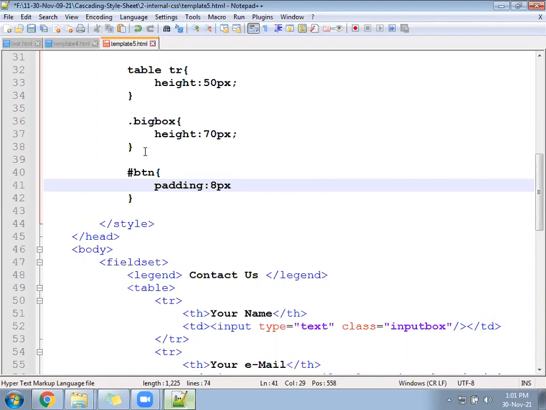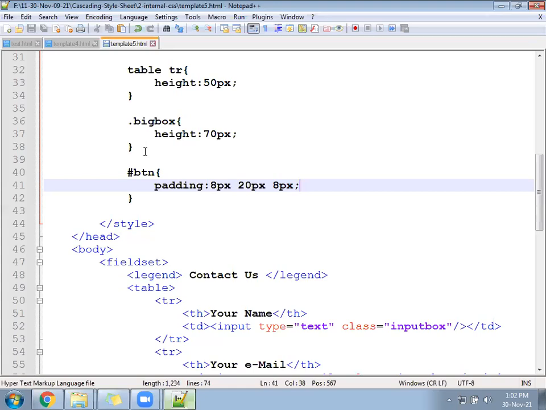Okay, so 8 pixel, then keep 20 pixel, then keep 8 pixel. Now what will it do? Equal height from the top, equal height from the bottom, and equal in the left and right. In case you put here padding, the first number is 20, the last number is 8. Okay, check this first now.